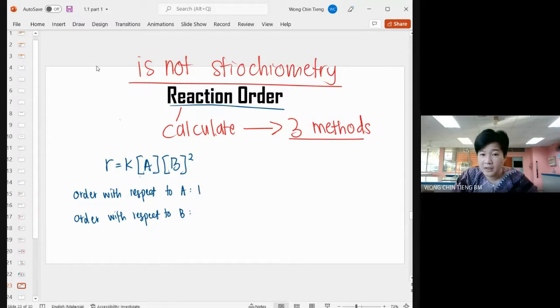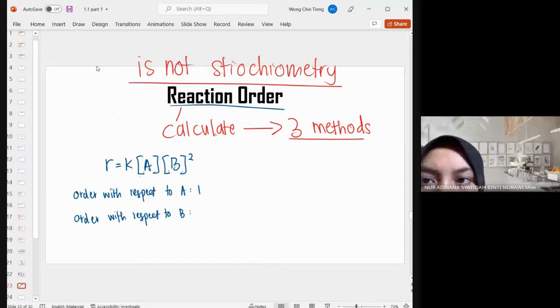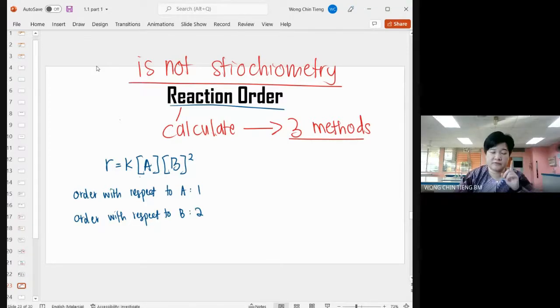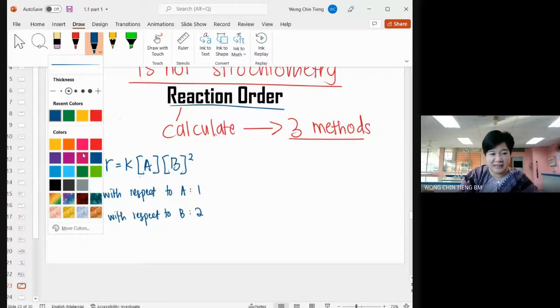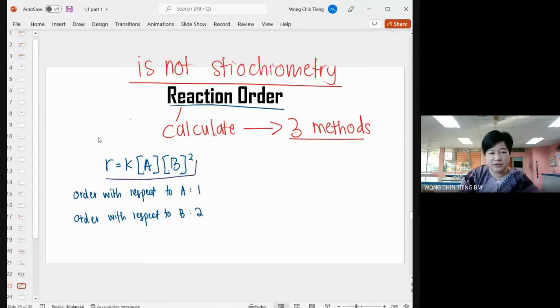For B? 2. Okay. Good. Problem arise. Soalan saya bagi tak pernah lah nak senang macam ni. Yang ni saya bagi dalam bentuk equation. Dalam bentuk rate law. Apa jadi kalau saya bagi tahu equation saya adalah